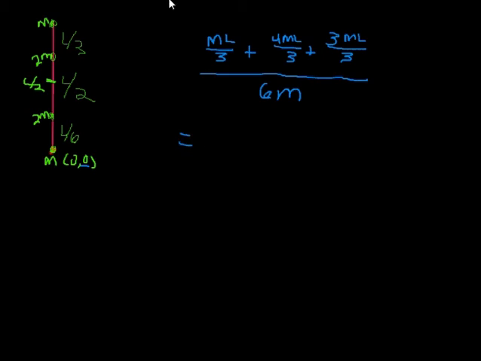Alright, so now we have mL over 3 plus 4mL over 3 plus 3mL over 3, which should add up to 8mL over 3. 8mL over 3 divided by 6m, which we can just write in the denominator here. So then the m's would cancel out. This reduces to a 3, and this reduces to a 4. So our